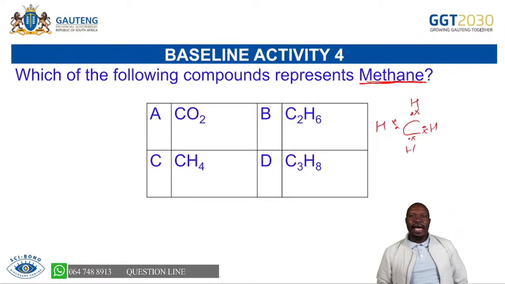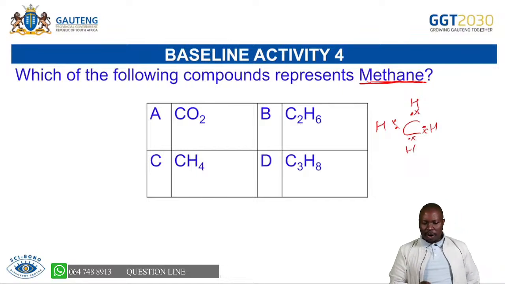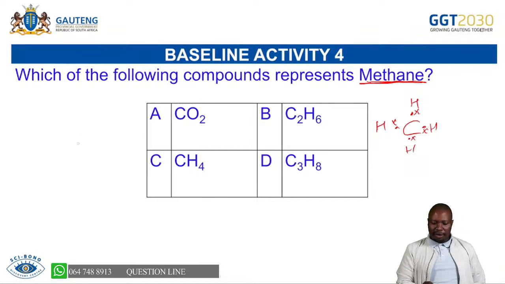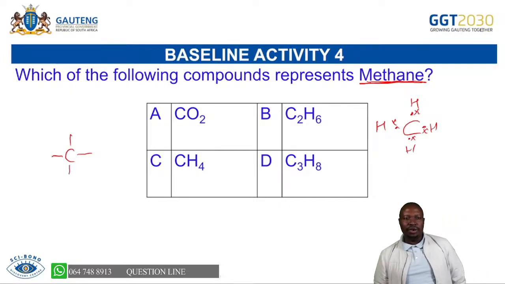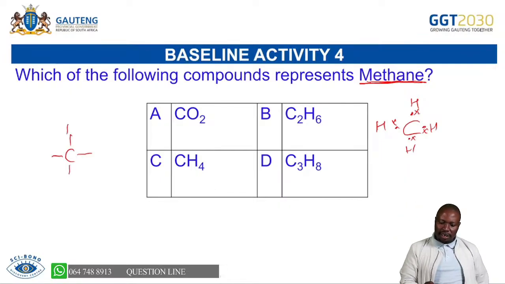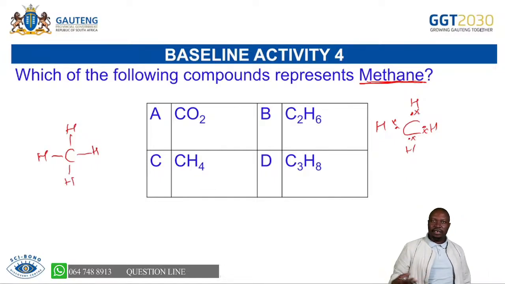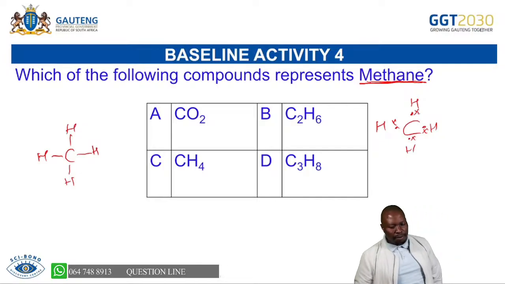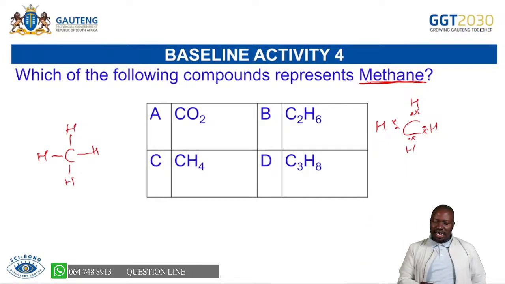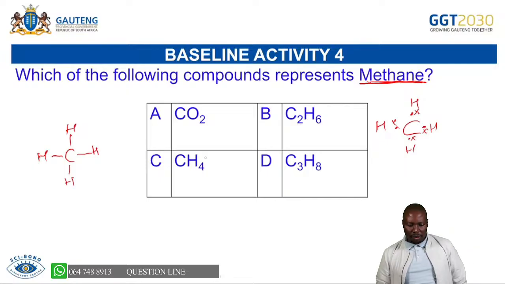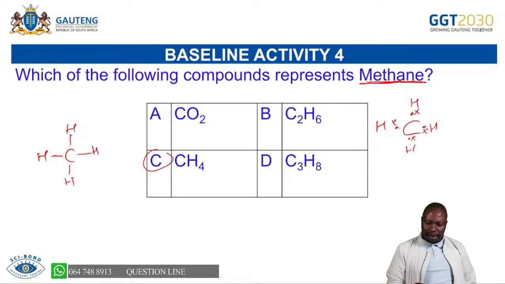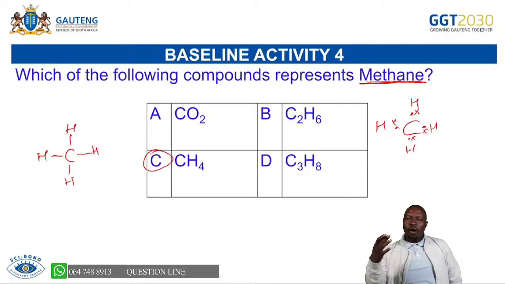As well, you learned what are called Couper structures, where you indicated that 2 electrons can be represented by a single line like that. So you see, when you see those lines, you know that they represent 2 electrons, one from carbon, one from hydrogen. So they share electrons like that. Hence, we are saying this is covalent bonding. So methane is given as CH4, it's a carbon and 4 hydrogens, which in this case is number C. So you can see all this information are things that we have done in grade 10.